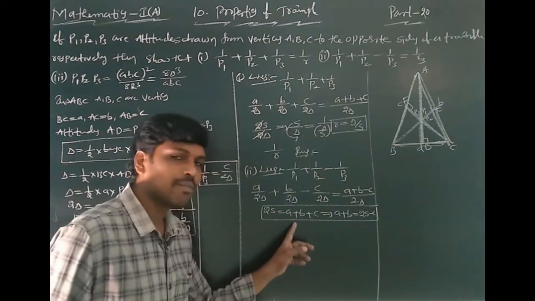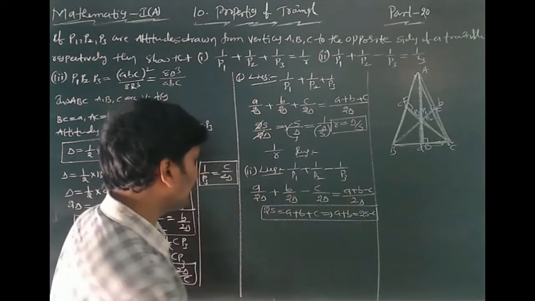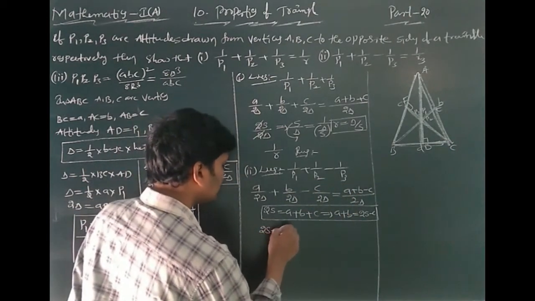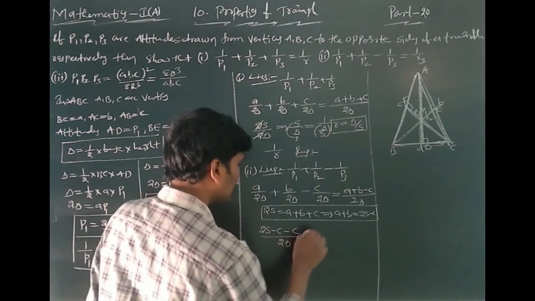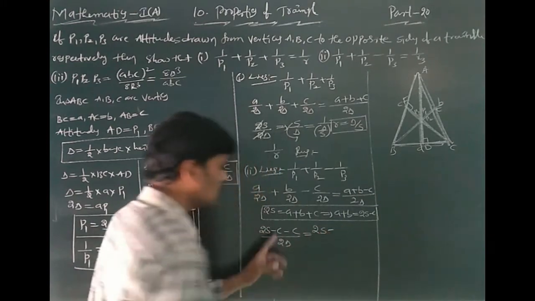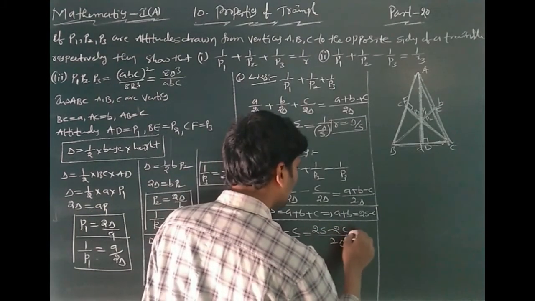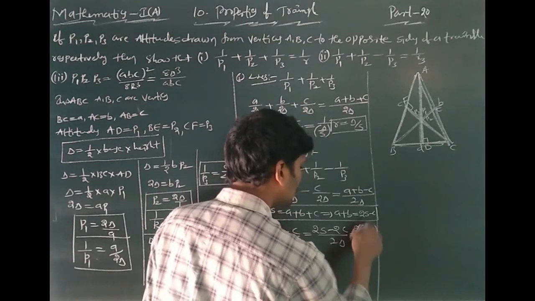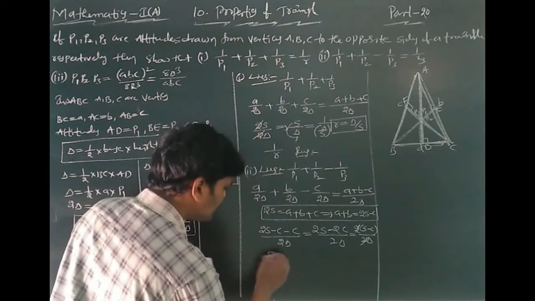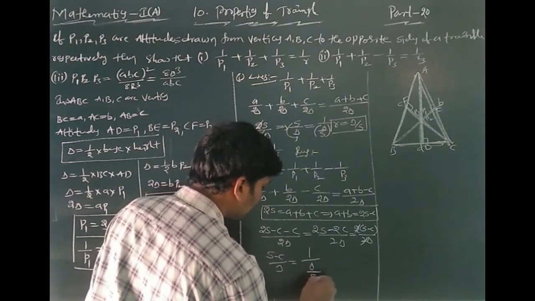Here 2s equal to A plus B plus C. Then A plus B equal to 2s minus C. That's why you can write A plus B value is 2s minus C. Already minus C is there. Whole by 2 delta, you can write 2s minus C minus C, which is 2s minus 2c by 2 delta. In this, 2 and 2 get cancelled. Here S minus C by delta, this can be written as 1 by delta by S minus C.